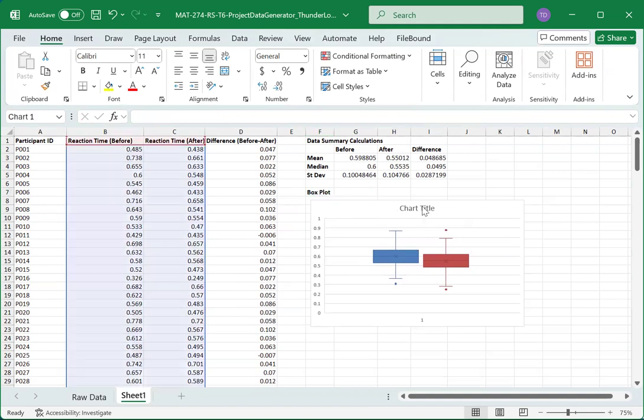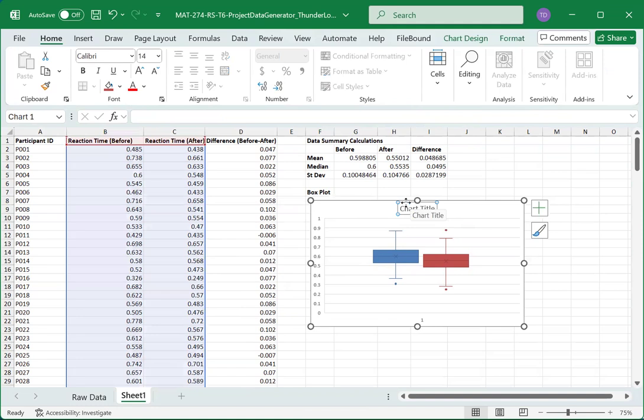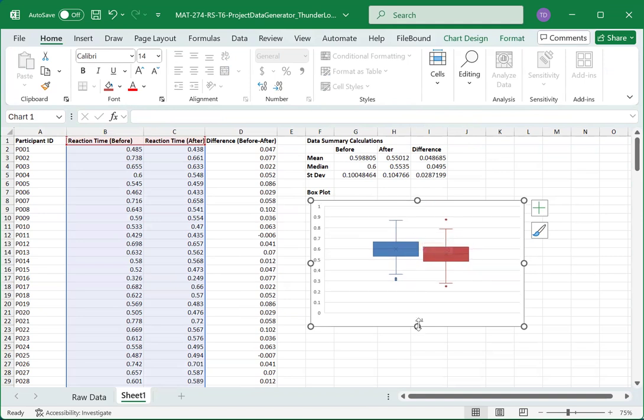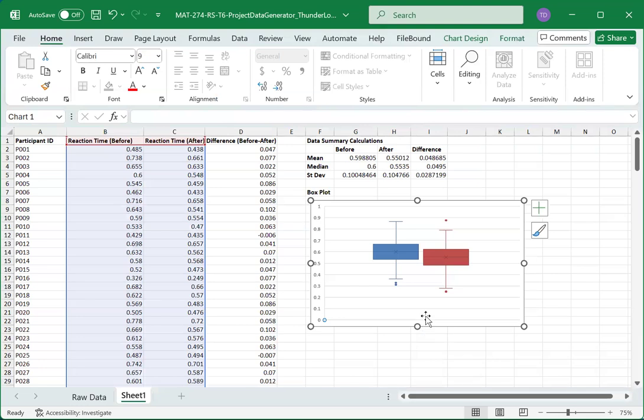For this chart, you could either change the chart title or delete it. To delete it, if you select it and then just press delete, that'll remove it. Similarly, we don't need the footer, so you can left click on the footer and press delete to get rid of that. We will want a legend, so we'll want an indication at the bottom showing which of these box